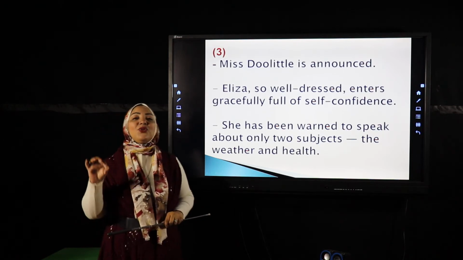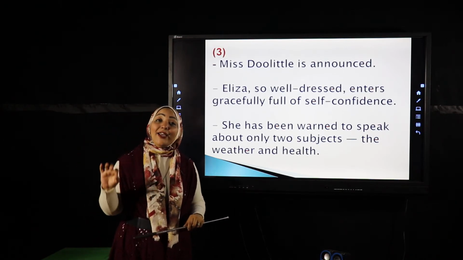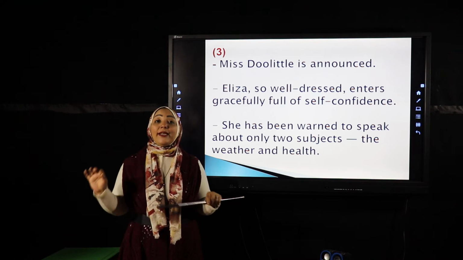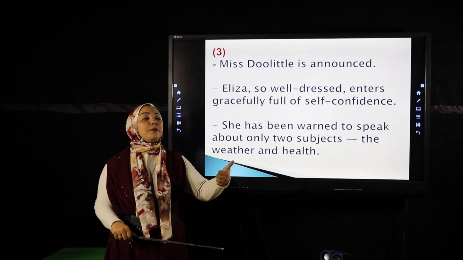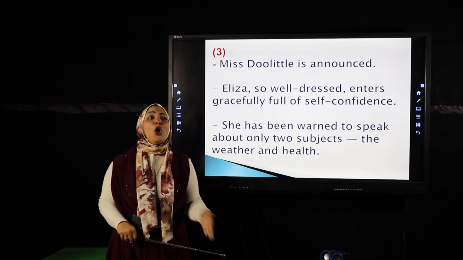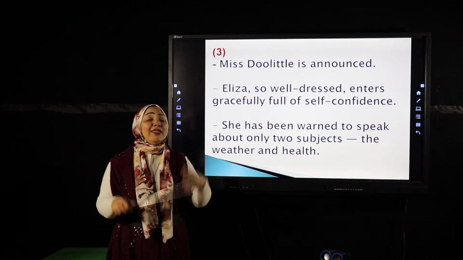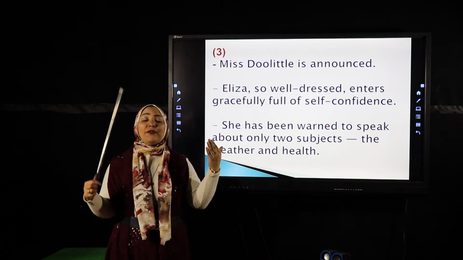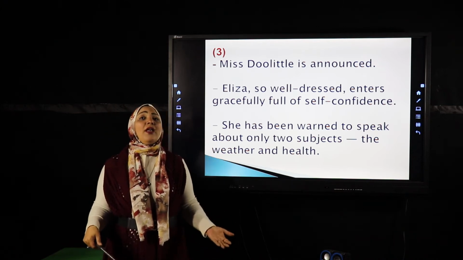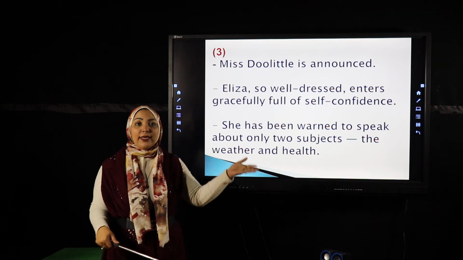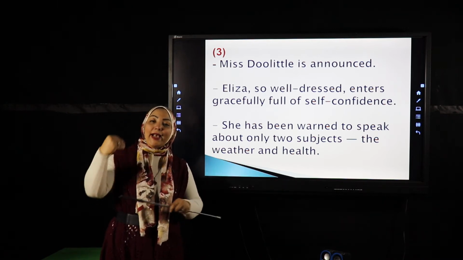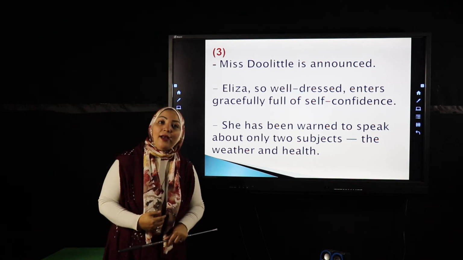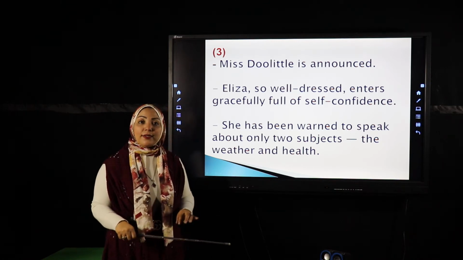Now, Miss Doolittle is announced. Eliza has arrived at Mrs. Higgins' house. Eliza, that we saw in Act 1, as the poor flower girl who was totally dirty, full of dust, full of things that were not clean at all, even her teeth, her hair, etc. And then she tried to make herself cleaner in Act 2 when she came asking for the lessons at Professor Higgins' house.